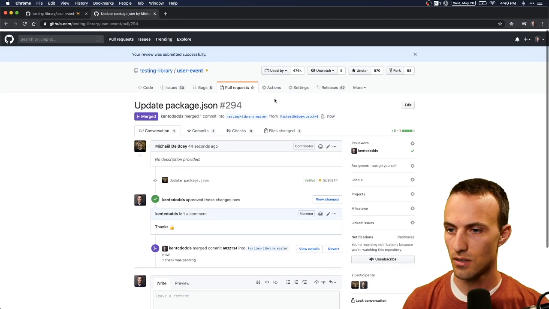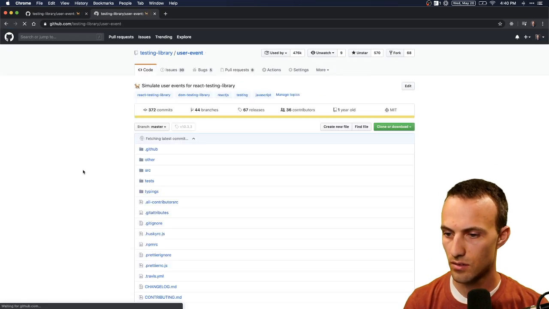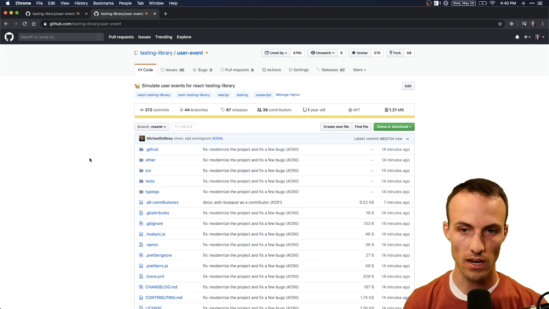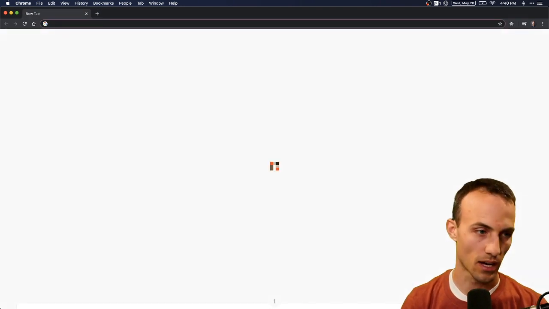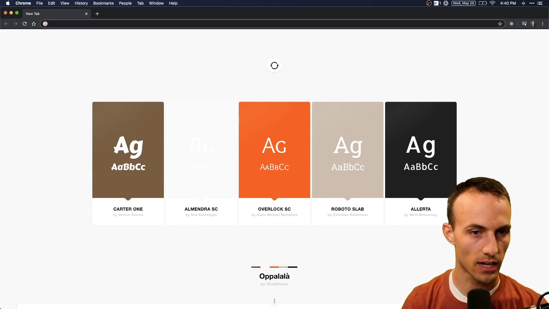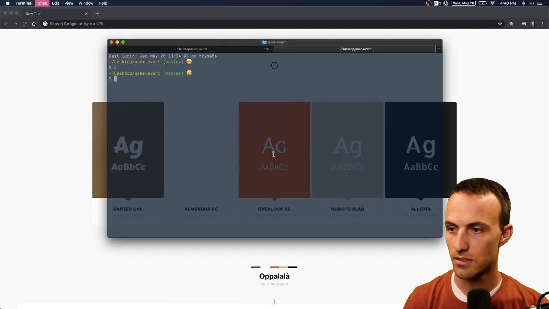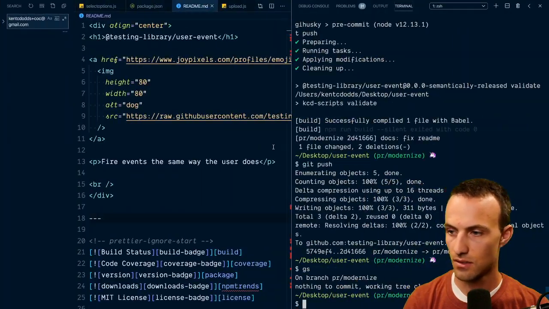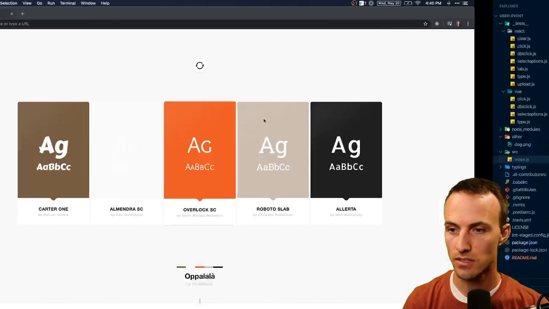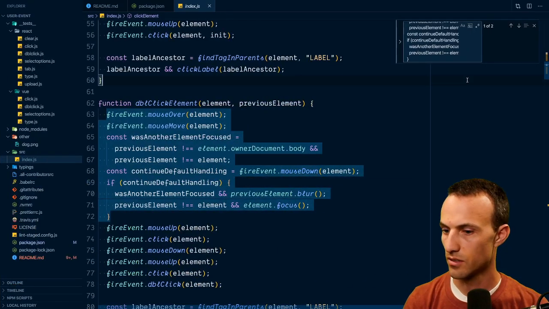Okay, and we're off to the races. So now I can finally do the thing that I was trying to do when I ran into all this. And that is, let's ditch this. And here we'll do a git